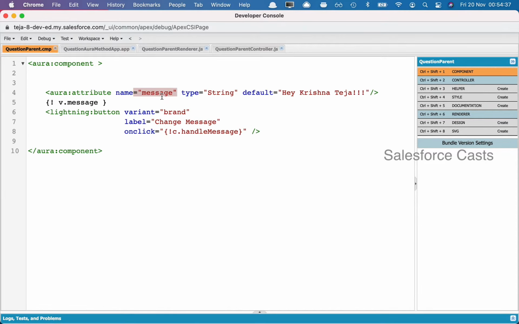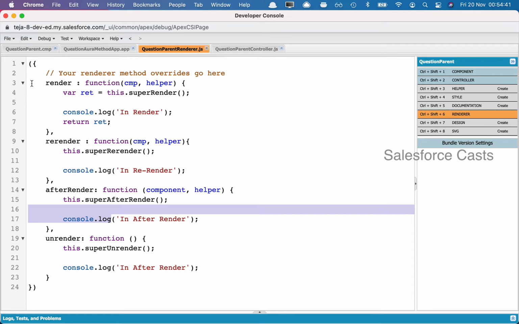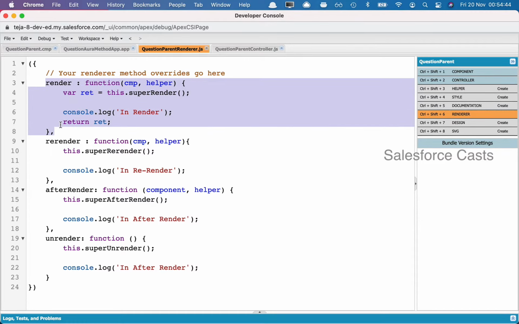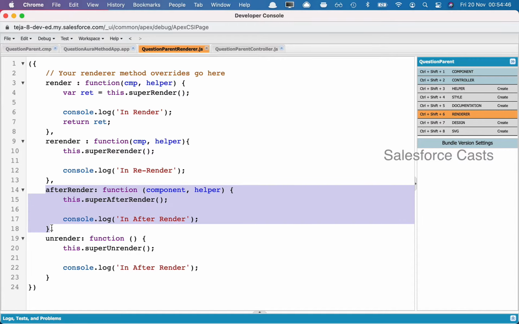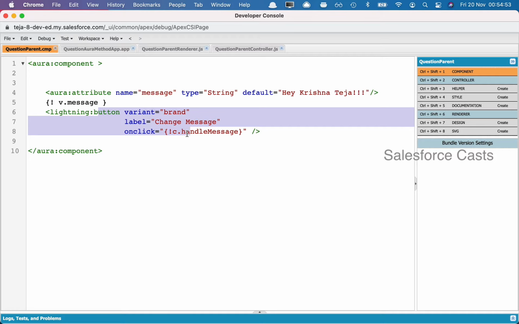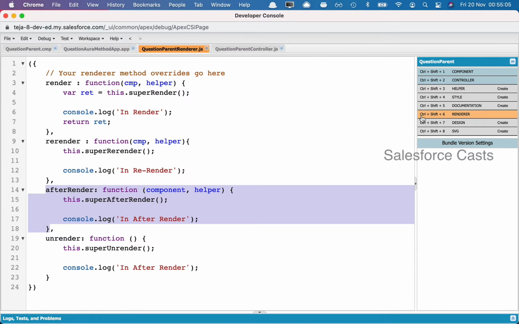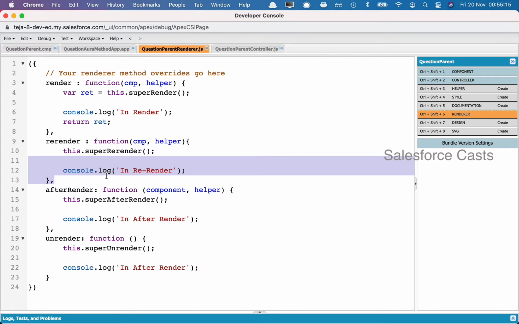Now once the component loads, and in the renderer file, it's going to invoke this function, and once it is finished rendering, it's going to invoke this method or function. And after that, when user clicks on the button here, it is going to change the content of the attribute, and what happens is, it's going to re-render the whole component. Then this function here gets invoked. Once again, within this function, we are trying to invoke the standard function, post which we can add or inject our own customization code. Likewise, whenever we try to destroy a component, that is when it is going to invoke this function. Even in this function, we are trying to invoke the standard function, post which we can inject our code here.